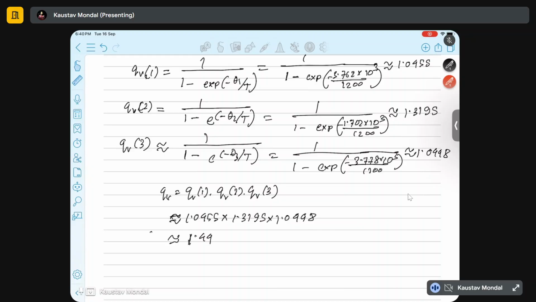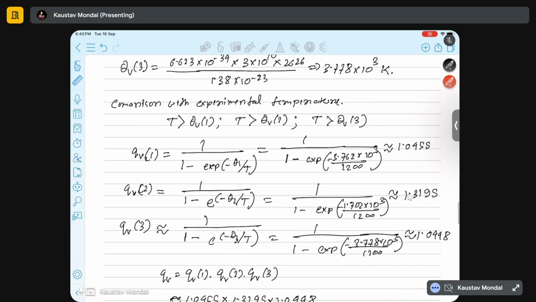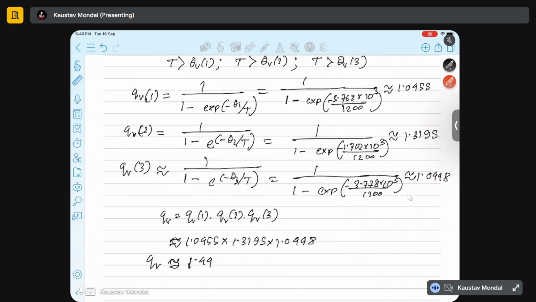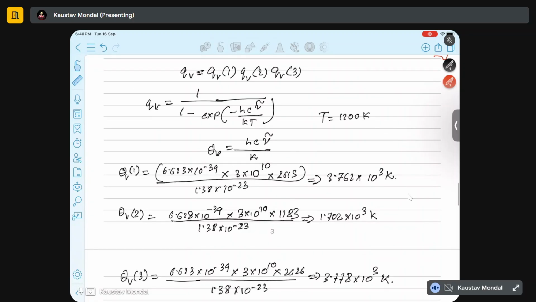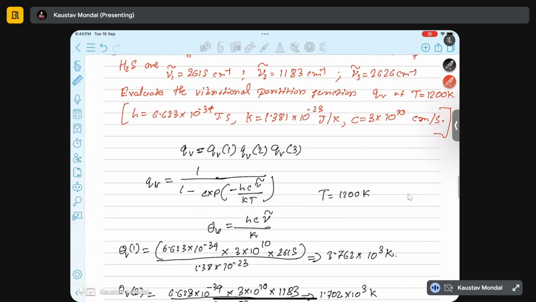1.44. QV is approximately 1. This is close to 1 basically. The contribution of QV, the partition function QV, is very small, that means, right? The main conclusion is this. So as you can see here in the problem,